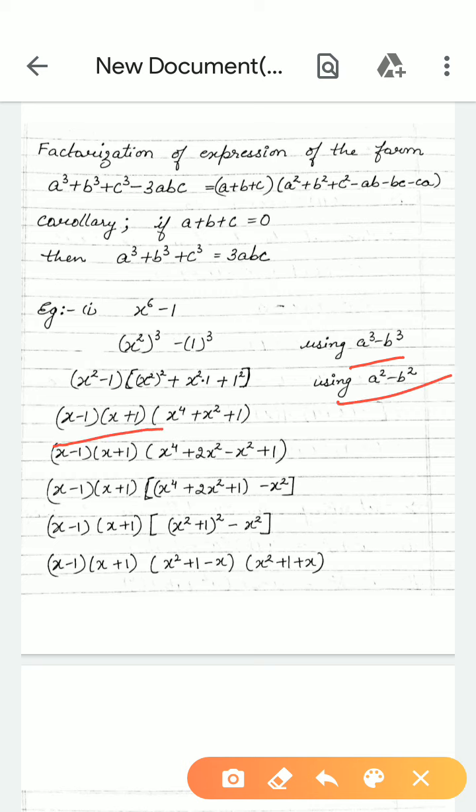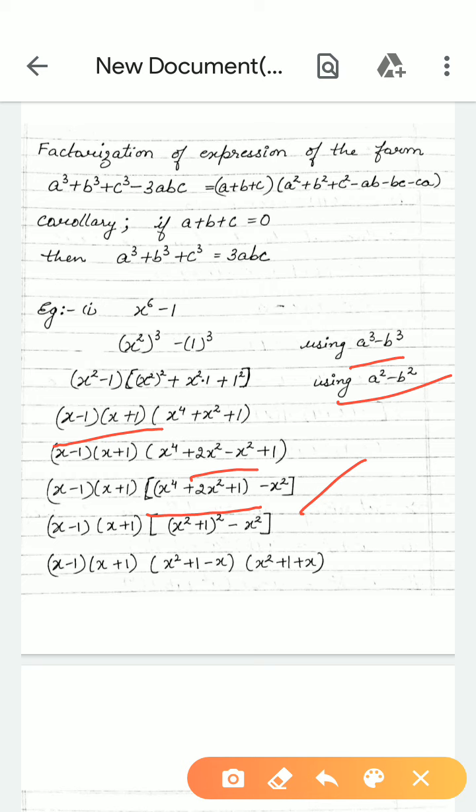We are further simplifying it. How can we simplify this? In place of x square, I am writing 2x square minus x square. Now, after writing this, I am grouping some terms in such a way that I can reduce it to a simpler function. That is, I am taking x4 plus 2x square plus 1 in one bracket and separating minus x square.